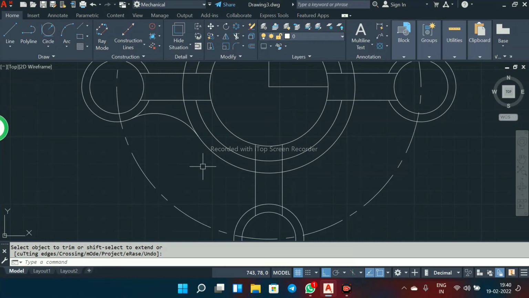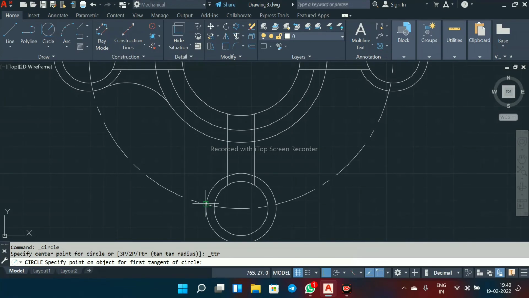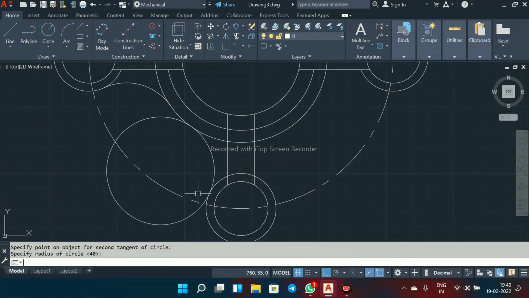Now again go to TTR, that is Tan Tan radius. Select this one and this one and make it spacebar.